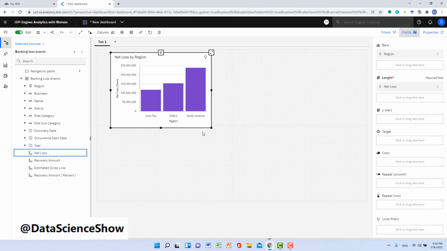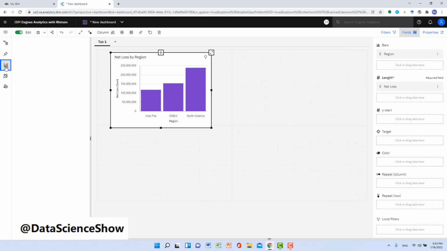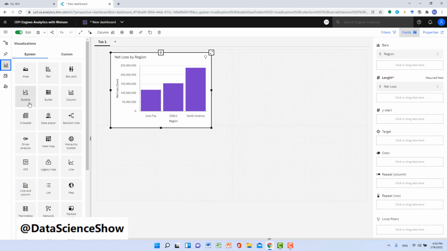We don't have to choose different visualization tools as we did in other software like Excel, we can immediately see the results. Oh, by the way, each visualization tool on the left panel actually represents an analytical model. IBM Cognos combines visualization with analytical models together. So eventually, when we see the results, we'll see the visualization results.